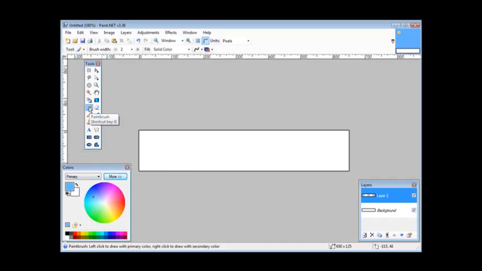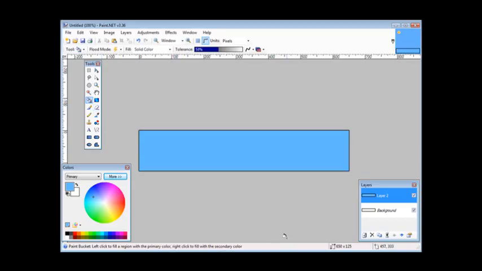So I push the paint fill or the bucket fill, which is this one, and you can just hold your mouse over any of these tools. If we just click in there, you'll see that we now have a colored background. Okay, so for our next step, we create another layer. So we'll add new layer, and here